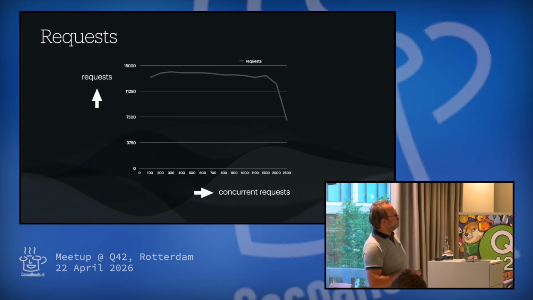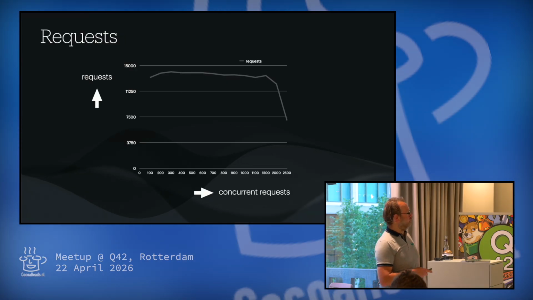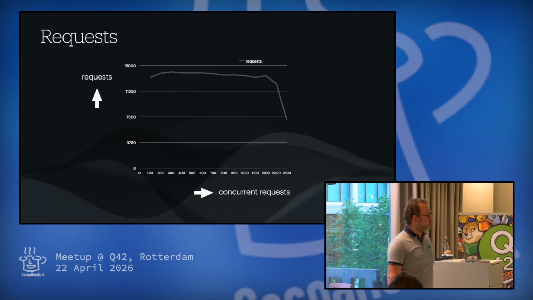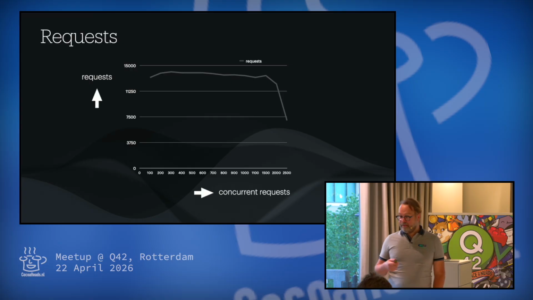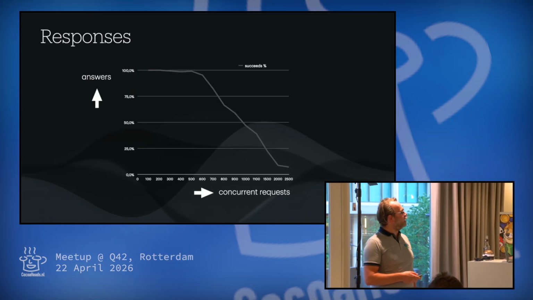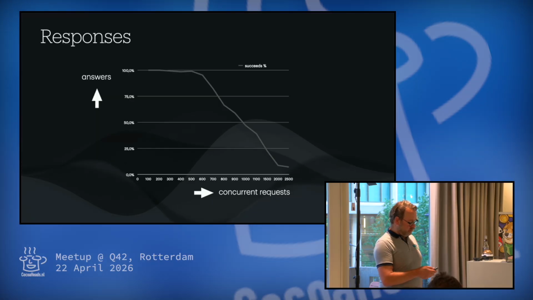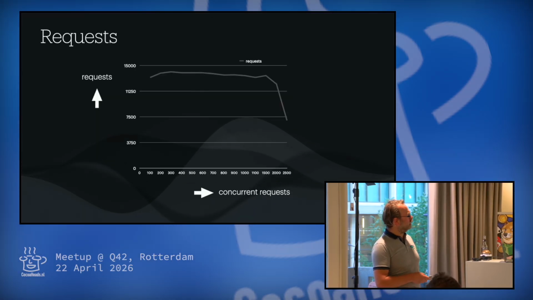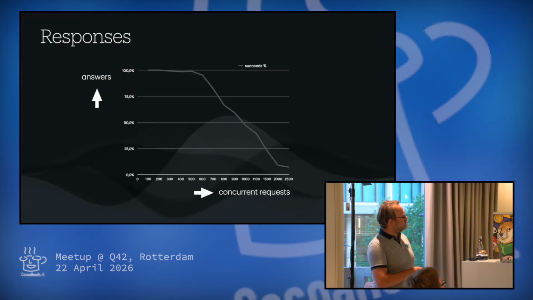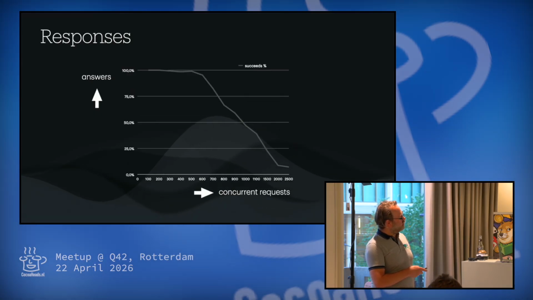So this particular server was very fine with handling, I don't know, 13,000 requests per second in total. And then suddenly, when you do 1,500 concurrent requests, it drops down. And for every stack, this is different. So I measured everything. And the one that you saw here, I think that was Java or so. But this one is funny, because this is JavaScript, and it goes very smoothly down.